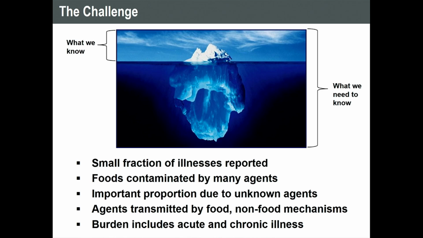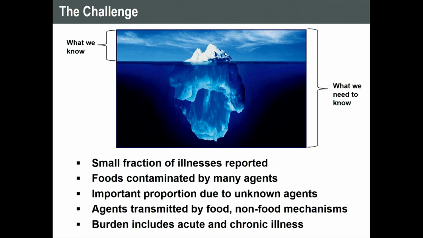And even in the United States, we have a small fraction of illnesses reported, and how do we deal with this in Ethiopia where they have no surveillance system? We also have the issue that foods are contaminated by many agents, that you can have exposures through many pathways. We have a large number of unknown agents, and burden includes acute and chronic illness, but primarily people have focused